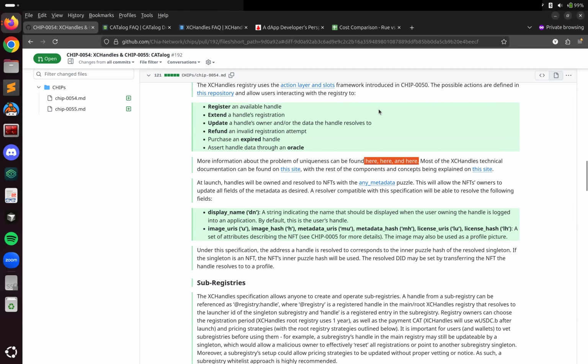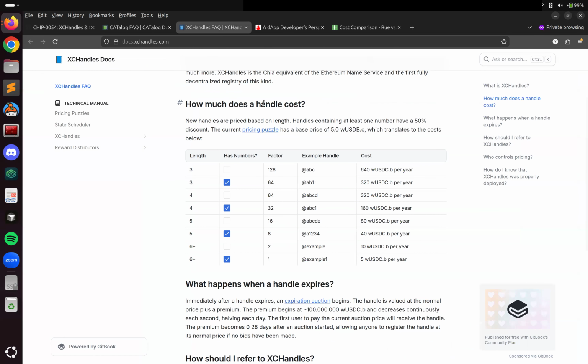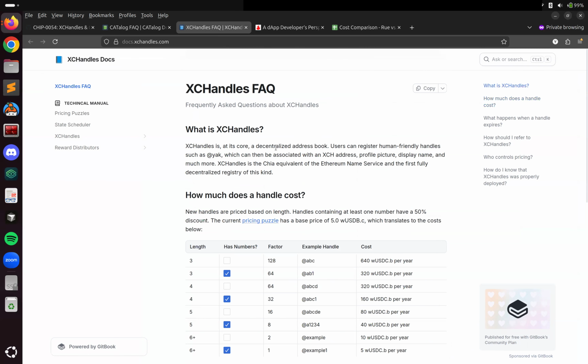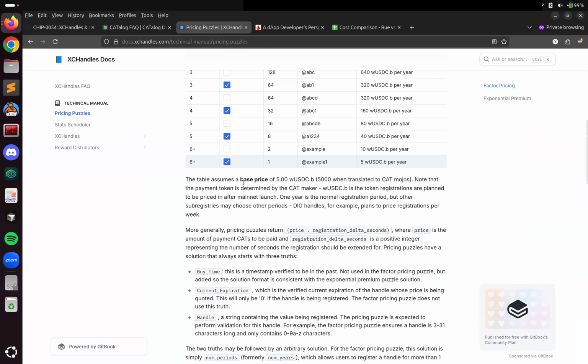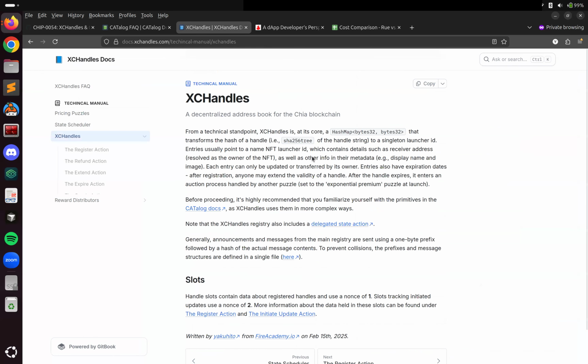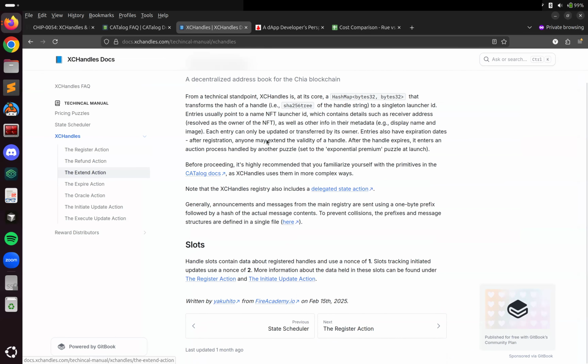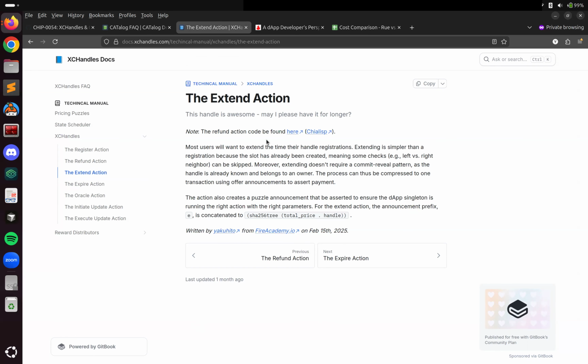These posts here are the ones I talked about that I released last year. The apps and logic behind them are very neatly documented in the official documentation. So here you have some FAQ, which covers the basics and things for users. But if you want to find out more about XCHandles, you can go here under technical manual. And then there's a lot of explanations for every action. There's some description and links to both the source code and